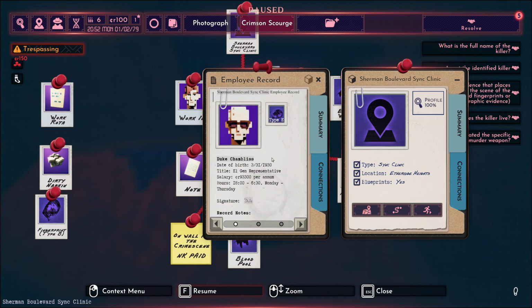All right, so we have Duke Shambliss. So Duke Shambliss, we can say, hey, we're gonna keep that there, and I'm gonna actually have his name because he is a suspect now. So we know he works here. So I'm gonna bring that up there, have his employee record like that. And we're gonna put these over here to our potential suspects. So we have that. We have Lisa